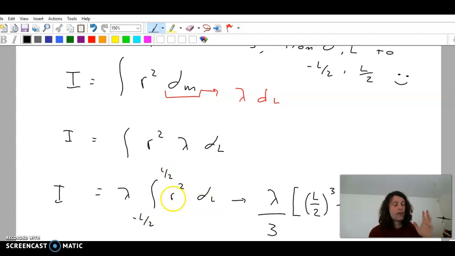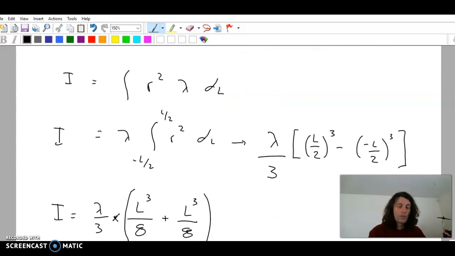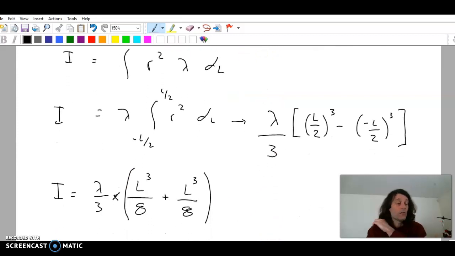That r squared becomes an r to the third over 3. So what I did is I just fished out that 3. I put it as a lambda over 3, and I'll scroll up so you can see the rest of it. Now, the L over 2 is cubed. And then I subtract the negative L over 2 that is also cubed. All I did is just fish that out. So it's going to be an L to the third over 8 minus negative L to the third over 8. And that's a negative L being cubed. We end up adding them. So this becomes lambda over 3 times L to the third over 8 plus another L to the third over 8,